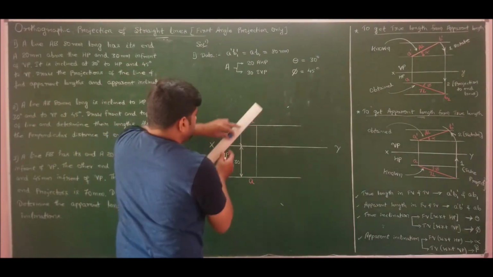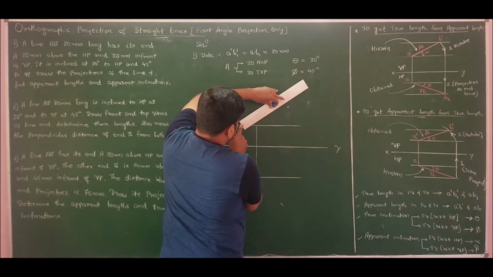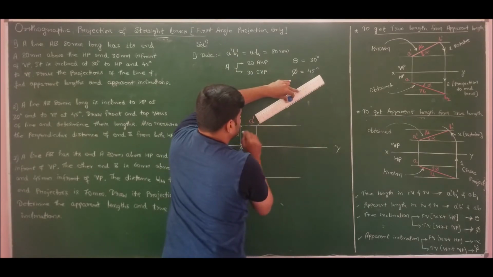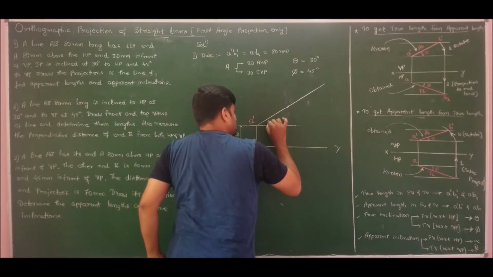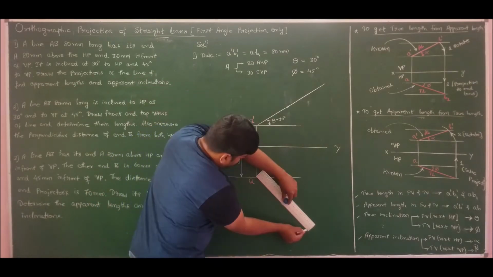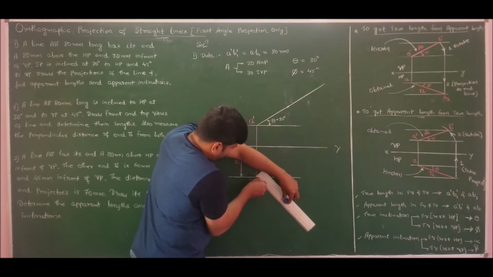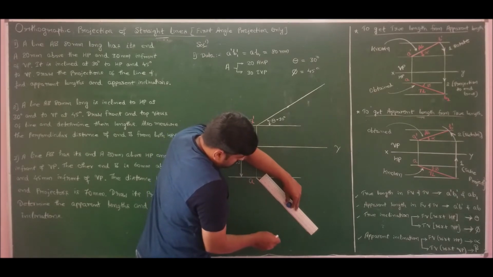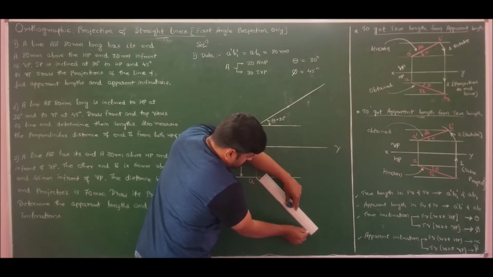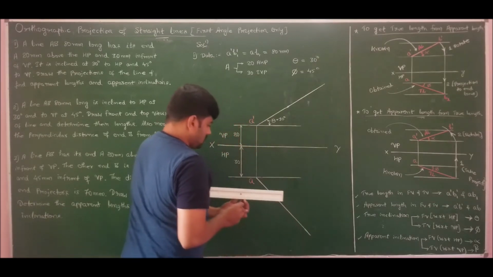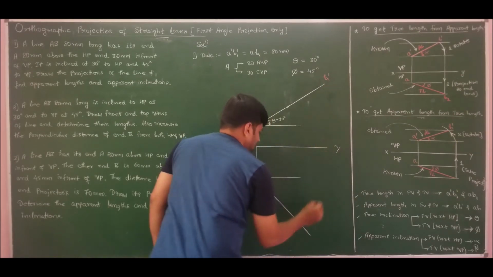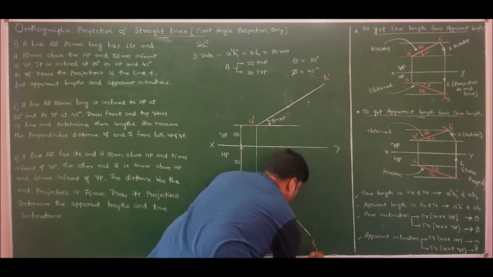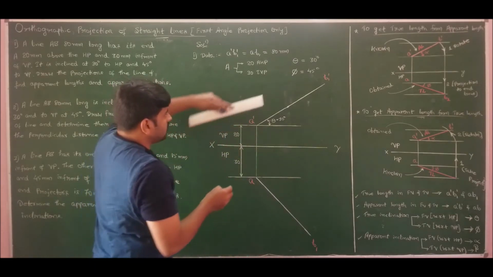Now I know the line dimension. The line dimension is 80 mm. So draw the 80 mm line. I draw 80 mm at an angle of 30 degrees as given for us. Here also, draw a line of 80 mm at an angle of 45 degrees. Drawn. So therefore I got end B1 dash and B1.